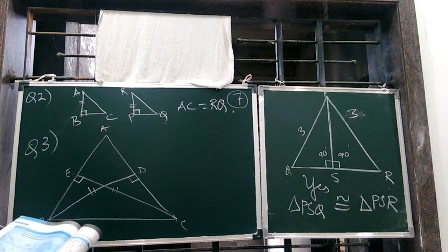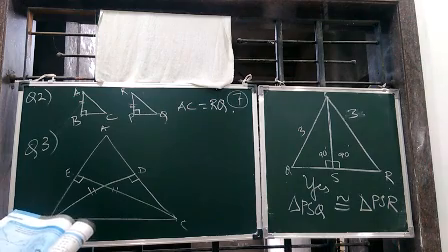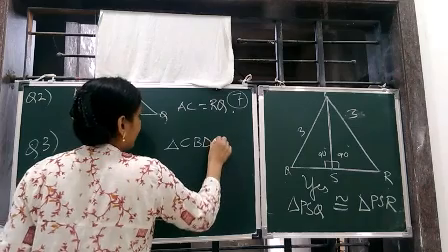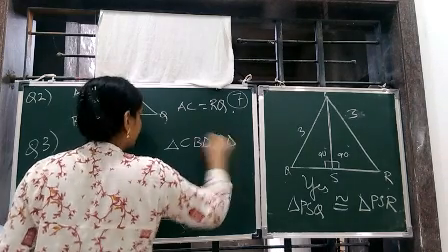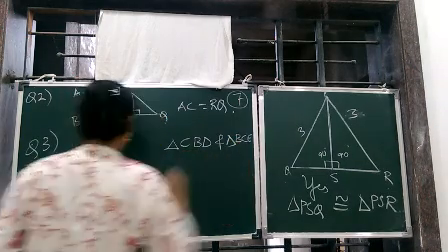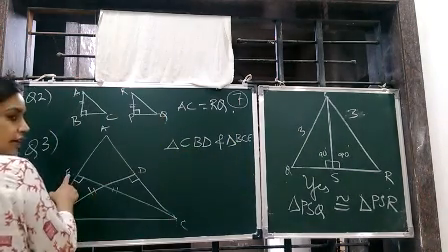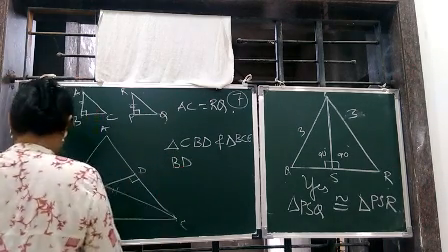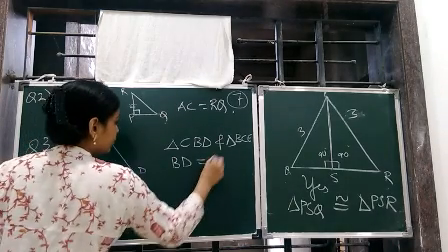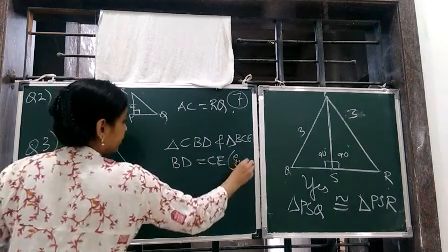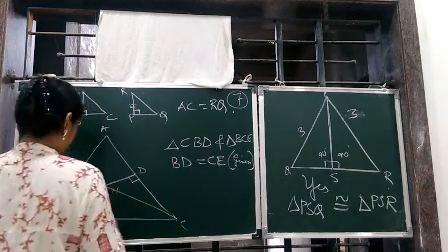State the three pairs of equal parts in triangle CBD and triangle BCE. You can see first and foremost this is given. ठीक है, जो given है वो लिखें. What is given? BD is equal to CE. You can write it as given, and what is given?